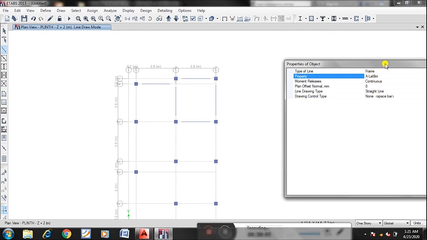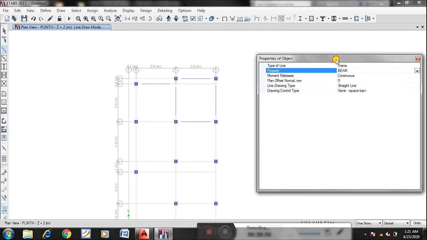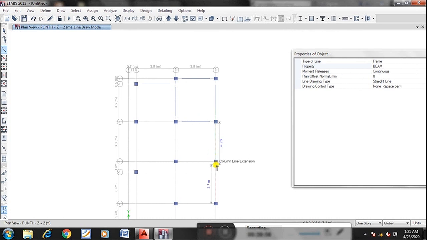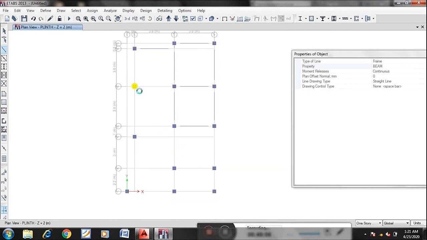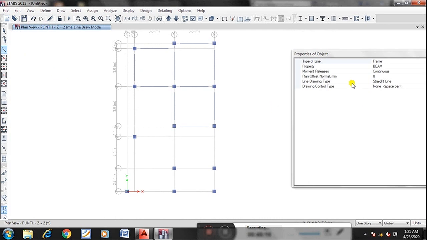So I'll choose once again beam. Irrespective of, again secondary beams will come here. Simply as it is only a primary model, that's why we are taking this one.